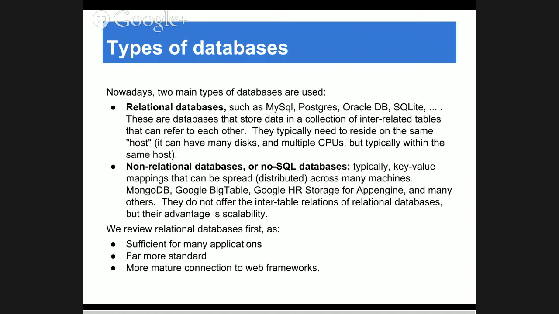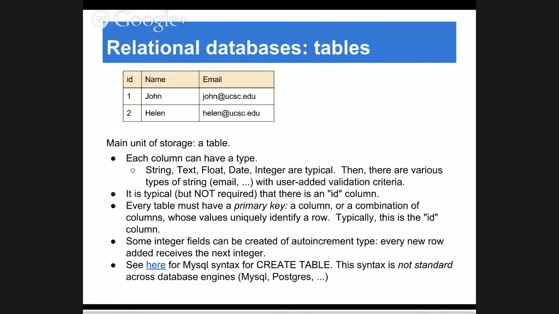Relational databases: lots of interconnected data, but not very large if you can. Non-relational databases: key-value mappings, so maybe you can have indices as well, but essentially this is distributed. It can be scaled to extremely large sizes and an extremely large number of readers and writers. But you give up on the consistency and on the richness of query types that you can do in a relational database. So let me go on, and then this will be clearer.